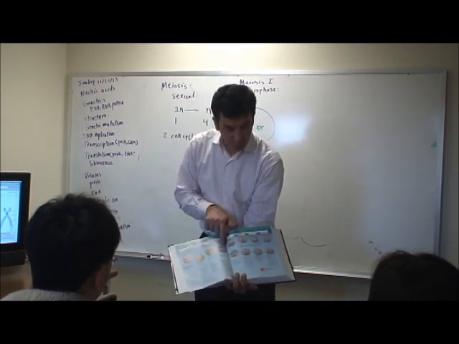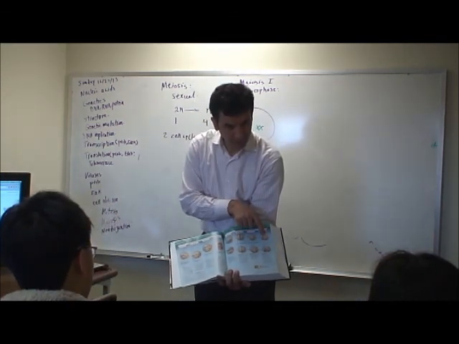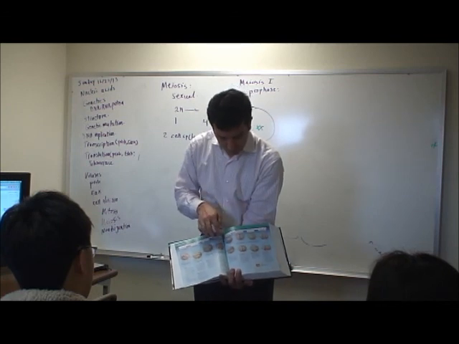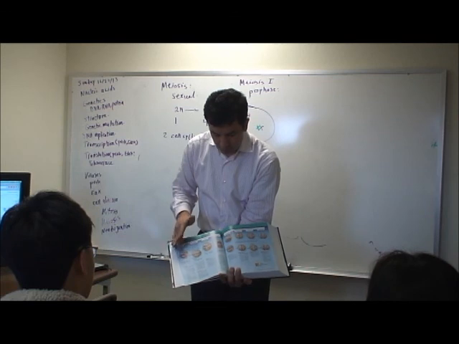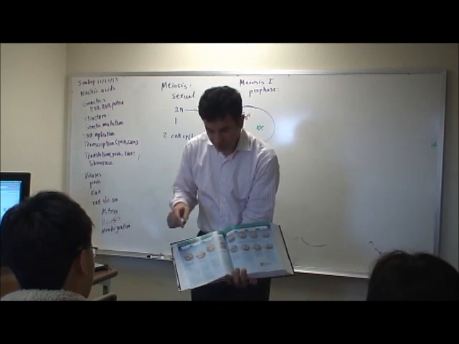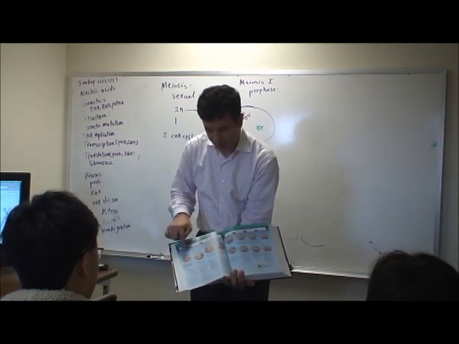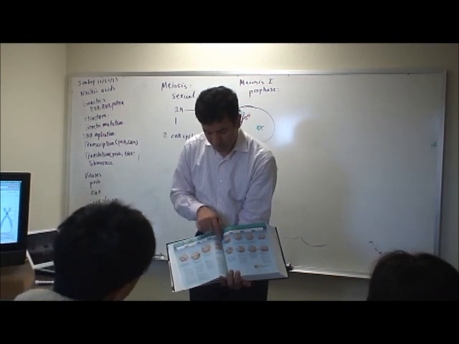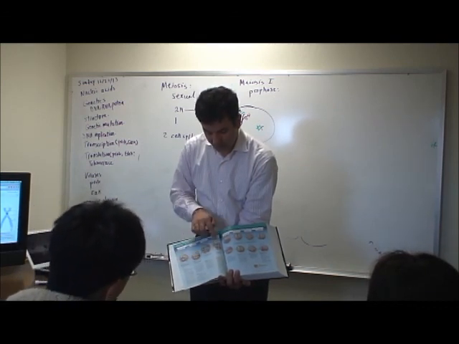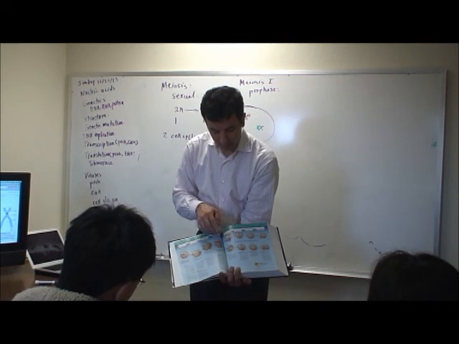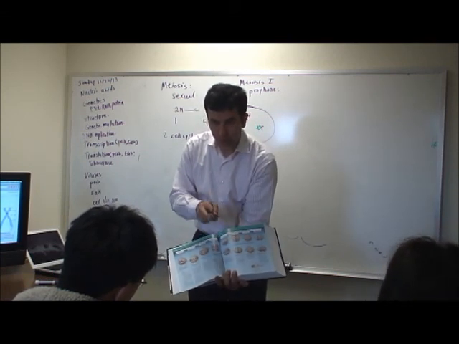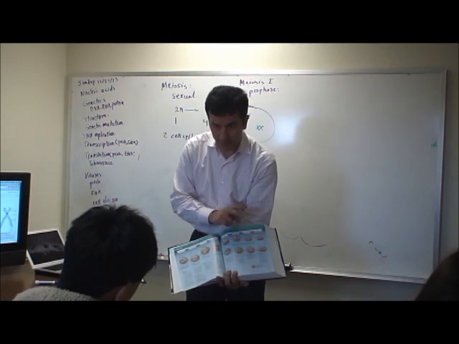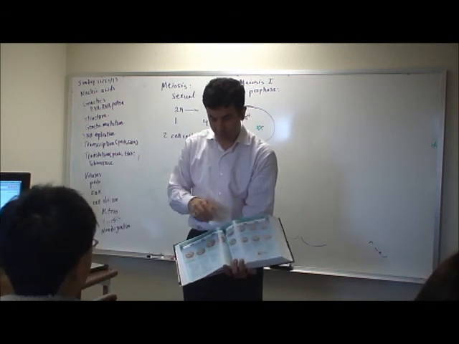So if this one wants to become two identical cells, the way it's written could be counterintuitive, but the reduction happens at the first stage. At the end of meiosis 1, from 2N you go to N. Meiosis 2 is just making one N into two N's, right? One N gets into two N's. So the first one